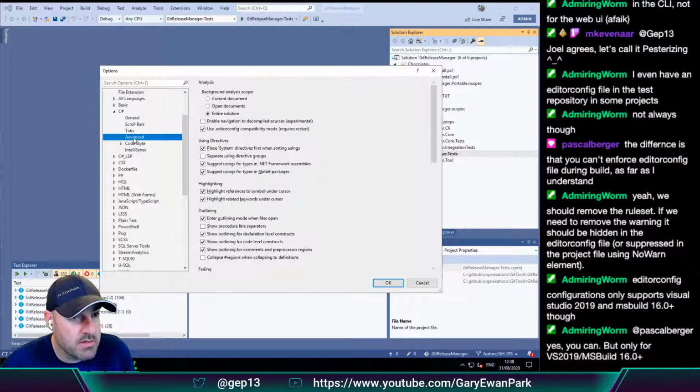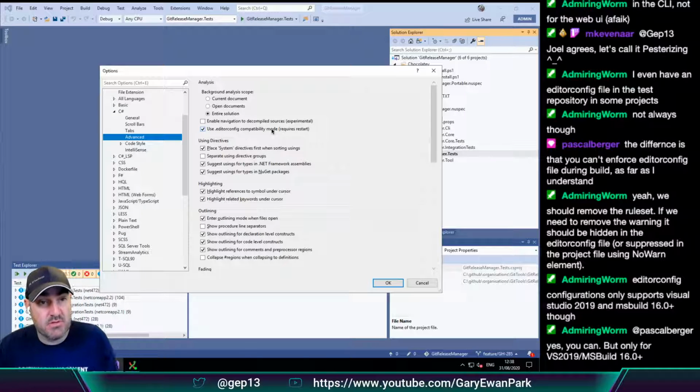Or was it in here? It was this one. So if you don't have this setting enabled, which is the use editor config compatibility mode, then that part won't be respected. So the editor config file, even if you have them, it won't be respected. So that's the one that we need to enable.